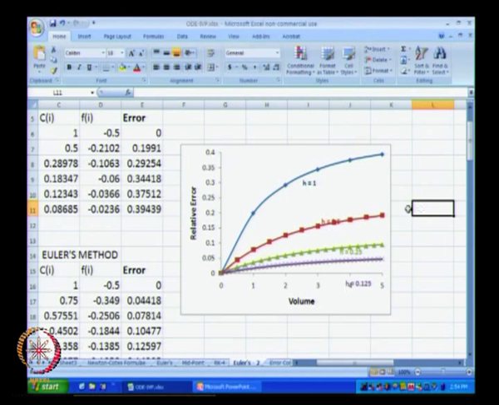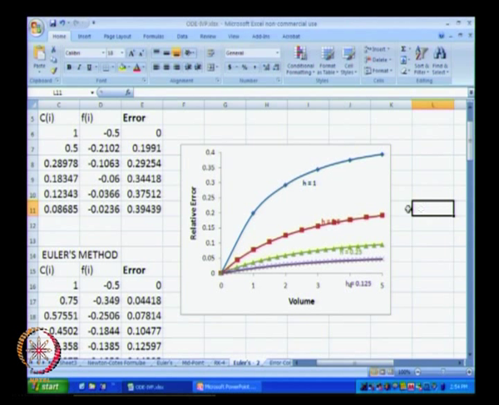Okay. So, let us now use Microsoft Excel to solve the problem using the higher order or more accurate methods. What I have in front of me is just the method that we had used in the previous lecture of this module, and we are trying to solve dC by dV equal to minus C to the power 1.25 divided by 2, starting with C0 equal to 1.0.